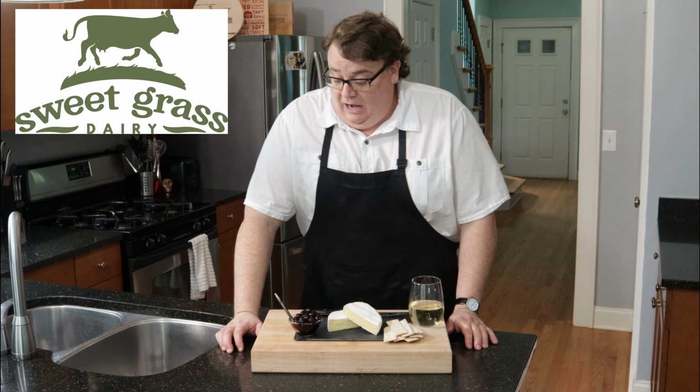Today I'm pretty excited because I have one of my most favorite cheeses in the world right here. This is a cheese called Green Hill. It's from Sweetgrass Dairy. Now Sweetgrass Dairy is run by a wife and husband team of Jessica and Jeremy Little